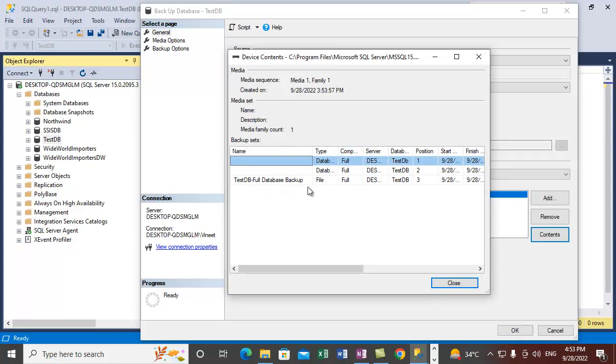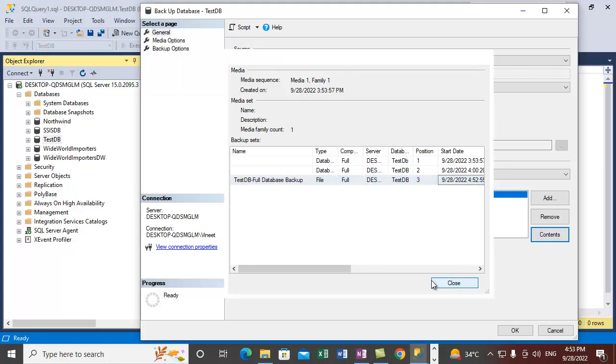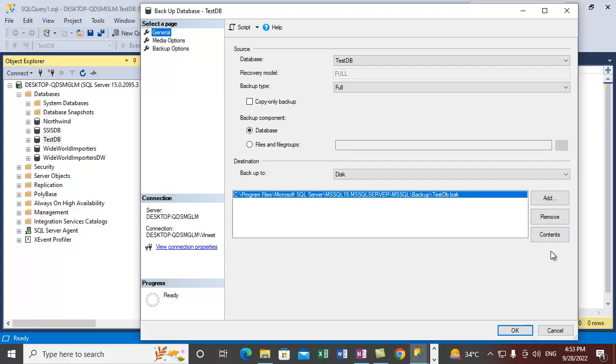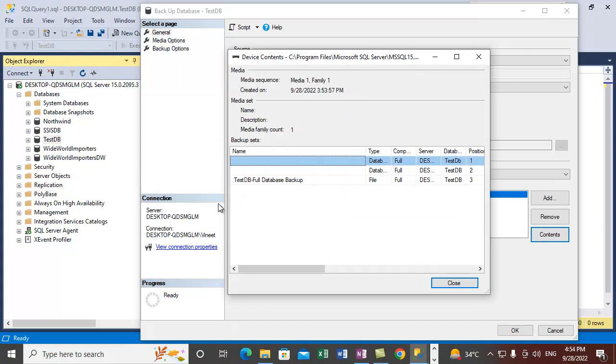It is giving us the start time, so this one is the recent one. For the name, it has taken testdb full database backup, which is the backup set name. The earlier backups were created from outside, so that's why those backups are showing under the blank media set name. So this is the default name for that backup set, and this is the first one. The other backup set names are blank,